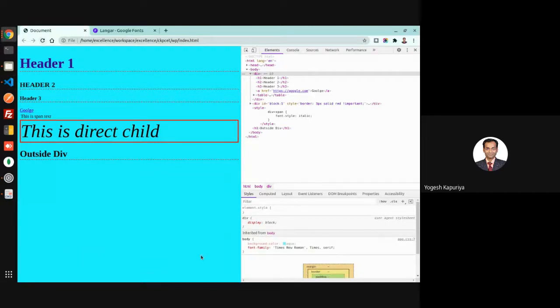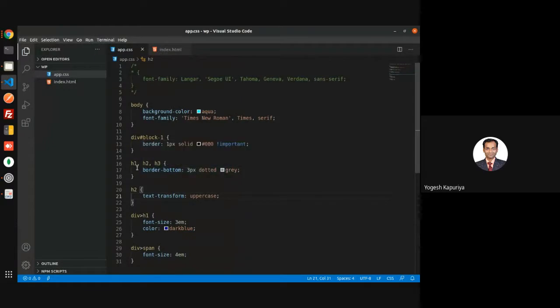Right. So when you are grouping styles together, normally something which is common to multiple selectors should be combined and written in a single block, and something which is very specific, you should write afterwards.